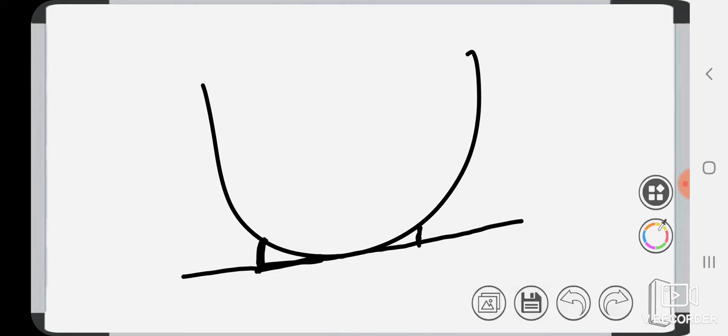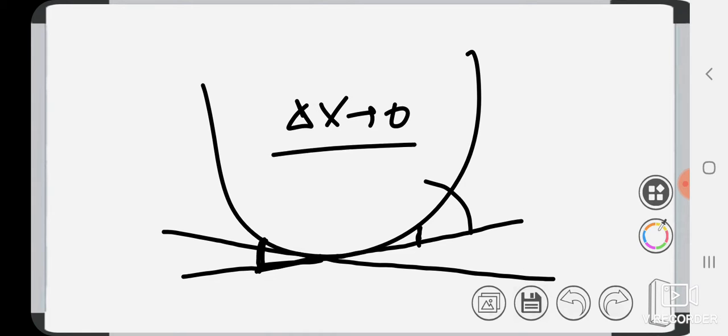See, if we come like this, rotate this axis to this point, let it be this tangent. In one point there can be two tangents, and this is the second tangent. See, for this also the del x is very small.